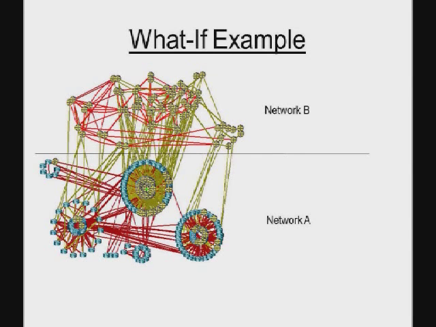So we use the tool over many, many models to change our OSPF costs on Network A to be latency based also. We're talking 250, 300 trunks that we have to change the OSPF cost on. It's huge. There's no way we could do it without the tool. But I'm sitting here in my what-if scenario, and I can change my OSPF cost. The tool is going to tell me where my traffic's routing, what the latency is, if there are any changes that I like or don't like, and then I can tweak the OSPF cost to make it go where I want it to go. So that's a what-if example.